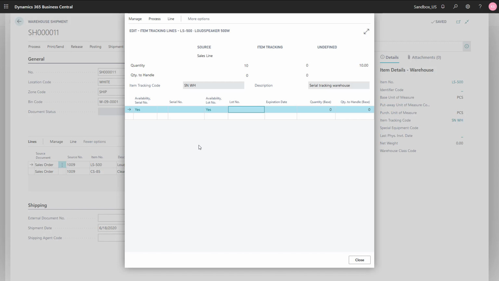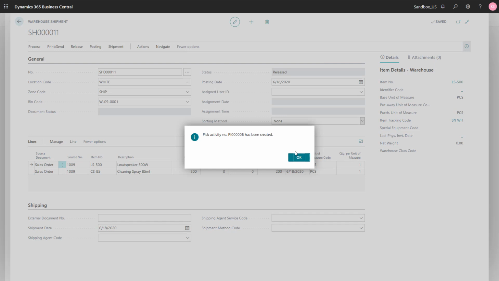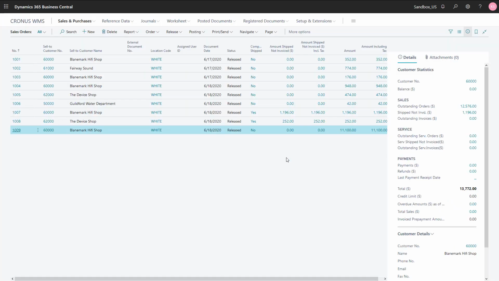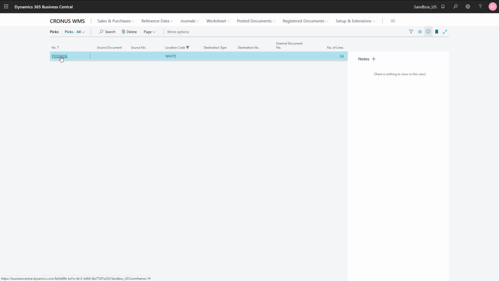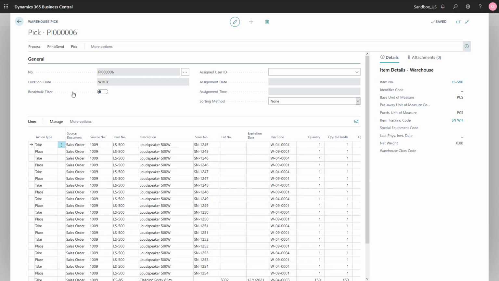So this means that if item tracking information is not entered on the outbound source document, users must enter it on the picking document. So let's create a pick. I will click here on process, create pick. And there we go, pick number 6. Let's have a look. From my role center, I will access the picks from the tile, and let's look at the document. Okay, so here you can see now the picking document, and we can see quite a lot